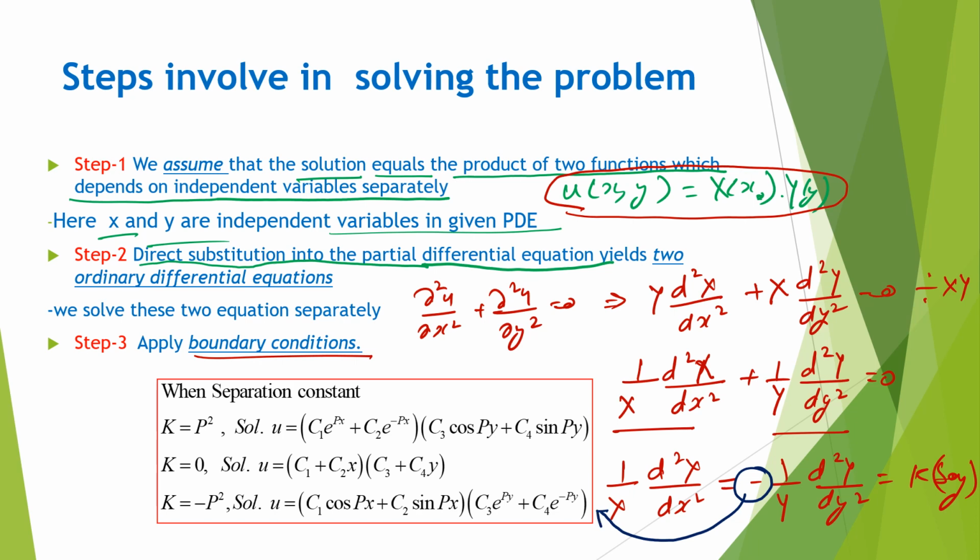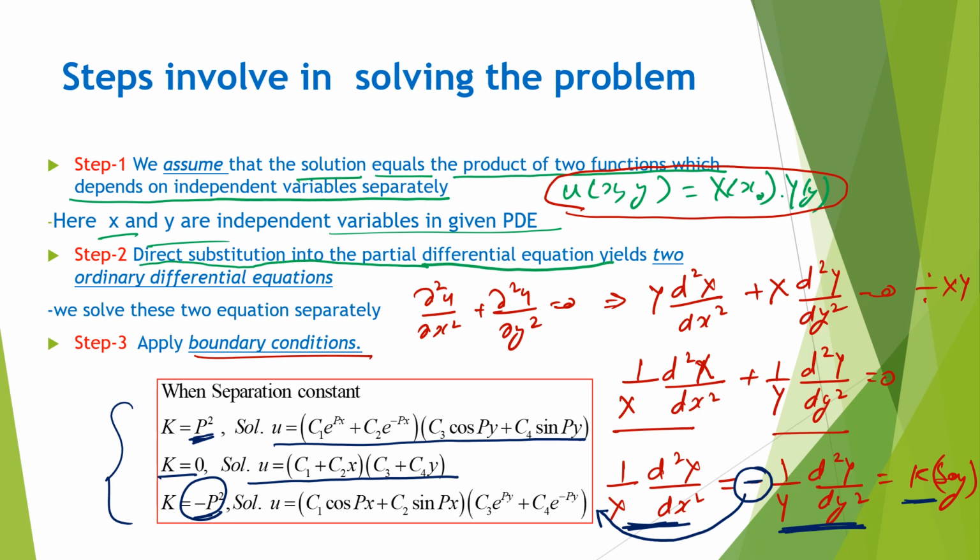This is only possible when the temperature difference is in the x direction, then we will take the negative sign along with x, and if the temperature difference is in the y direction, then we take the negative sign along with y. But over here we are just discussing the general solution. If this right side is k, and the value of k is 0, then the solution will be this. If the value of k is plus p square, that means always positive, then the solution will be this.